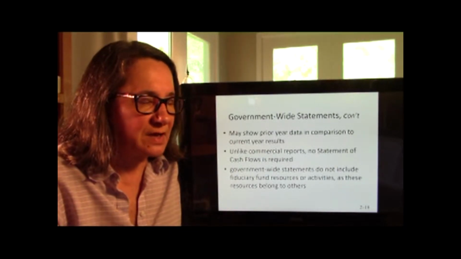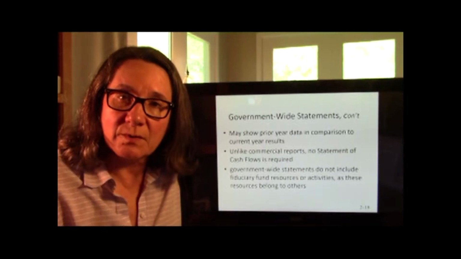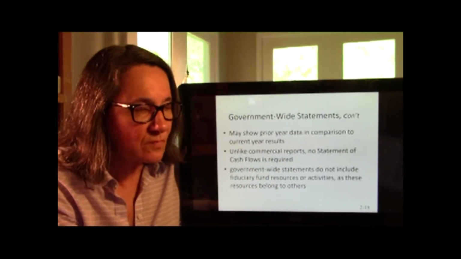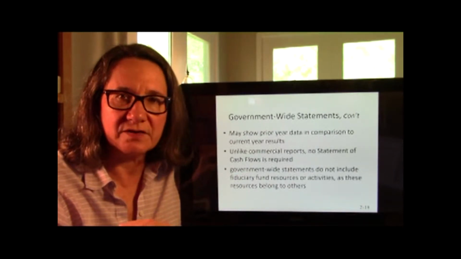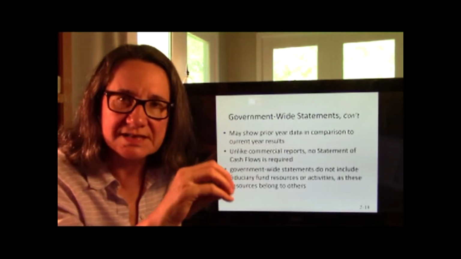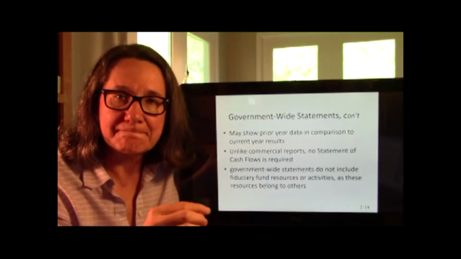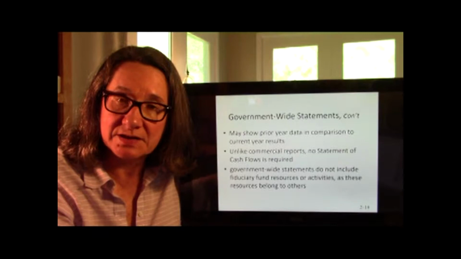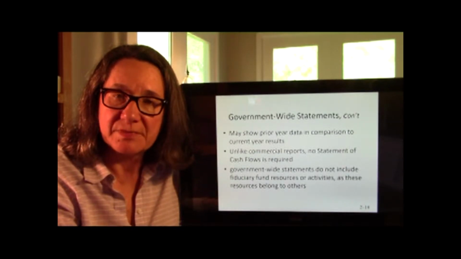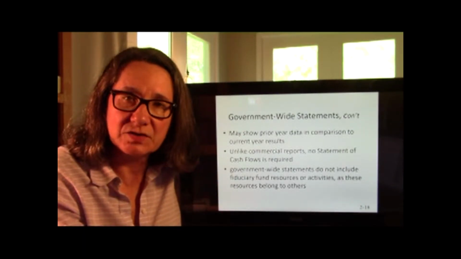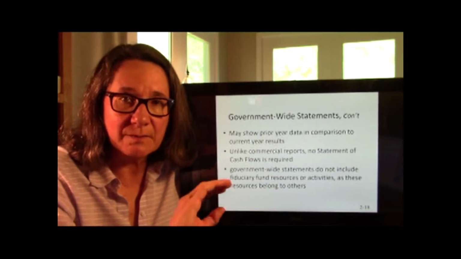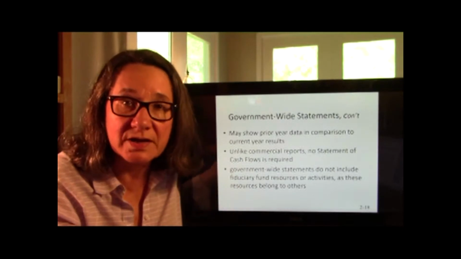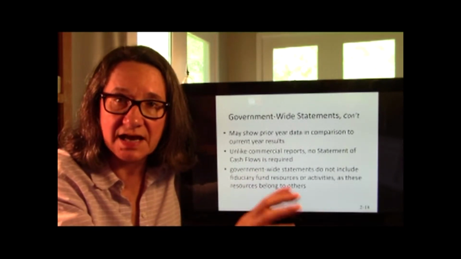All right, and when you prepare your government-wide, when you're consolidating all those funds up into the total government, you don't include the fiduciary funds, right? So those fiduciary funds, those things held in trust, right? Like I always think of pensions because that's the main thing, right? So I paid in my pension to teacher retirement, and then the universities paid in some to teacher retirement, and that's set aside for me. The government can't use that to then go ahead and build a bridge or something, right? That's in trust, held aside. It can only be used for that.